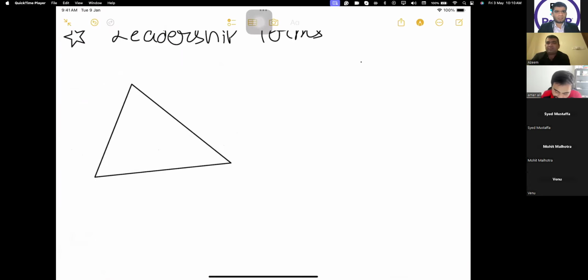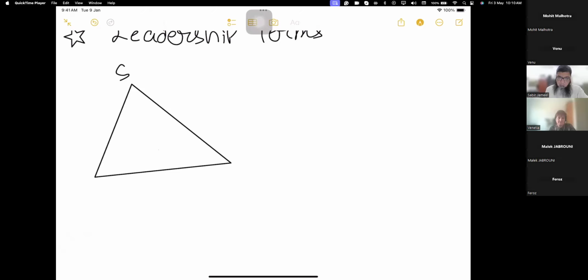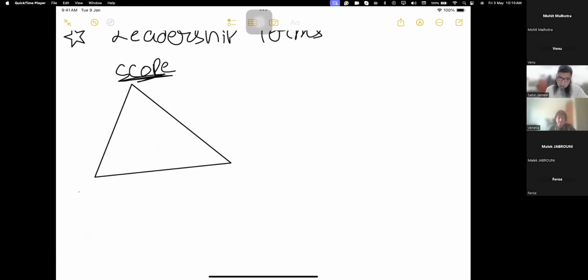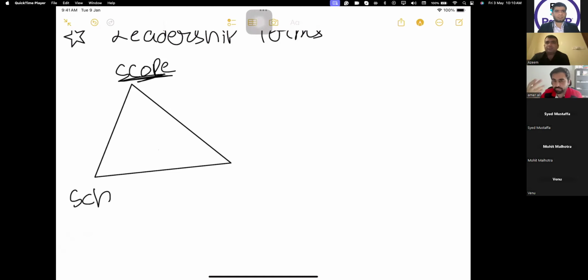So bear with me. This is normally what happens in a predictive environment. When you are talking about a normal program, your scope is fixed. On the basis of scope, you get your schedule, that is your time, and then on the basis of this, you get cost. This is a normal predictive, plan-driven project, the normal project we do.